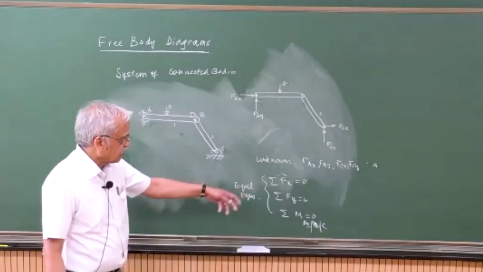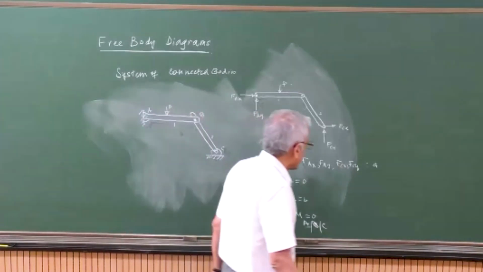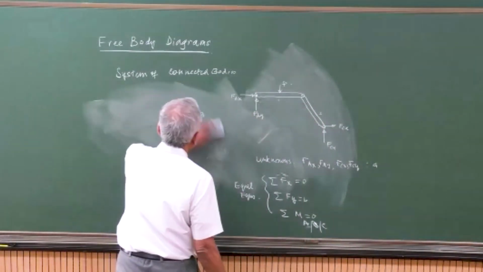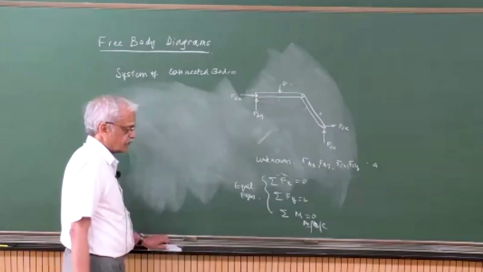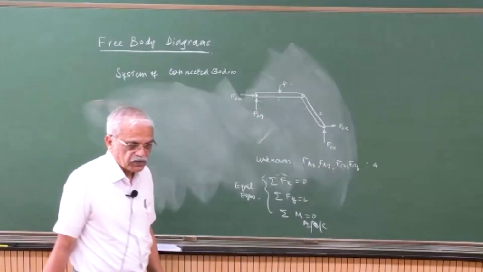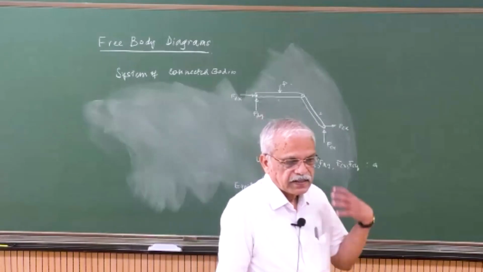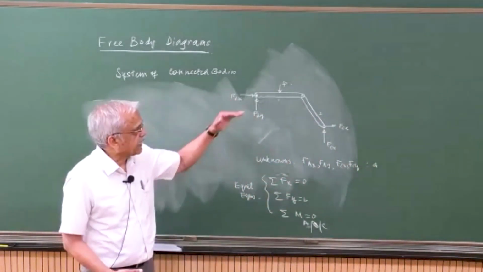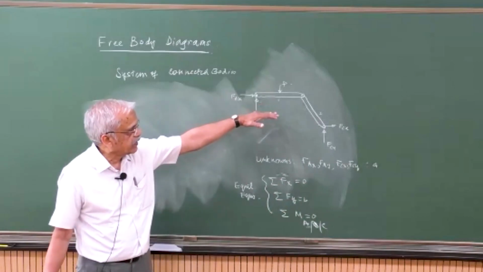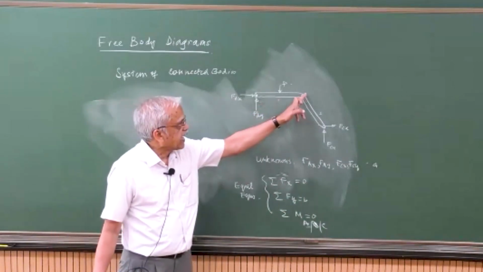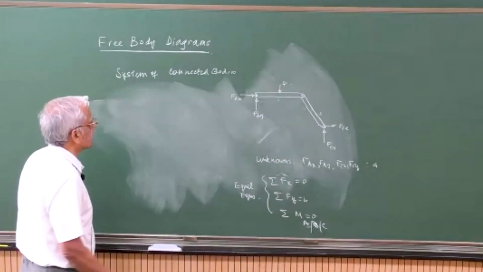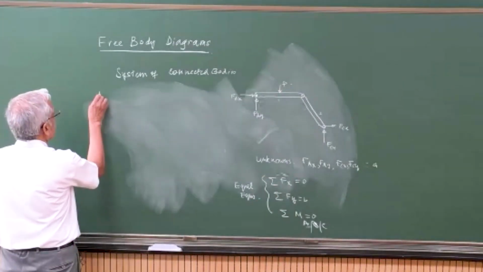Okay. So you have only 3 equations and 4 unknowns, so you will not be able to solve. Right? So what do we do? Here, the importance of free body diagrams will come, unless you break the body appropriately at the joint. We have to break the two bodies at the joint. So we will draw the free body diagrams